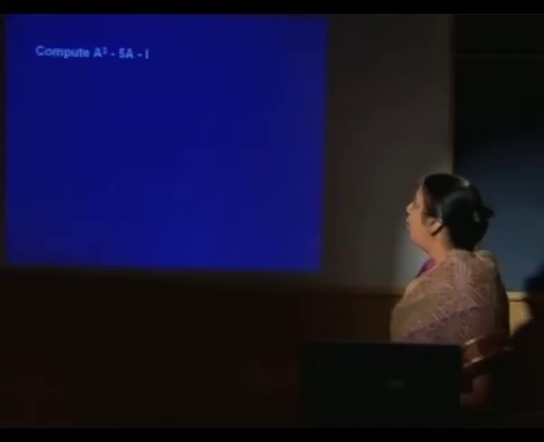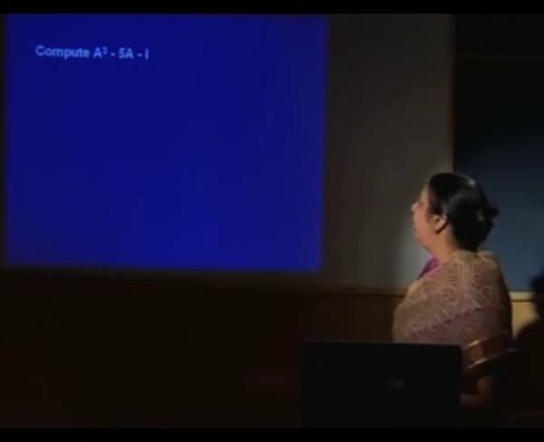After introducing all these things, now we are in a position to discuss expressions of the form A square plus 5A minus 3 and so on. So, to start with, let us discuss what is the meaning of 2A cube minus 5A minus I. I happens to be the identity matrix. A has to be a square matrix so that this expression becomes meaningful. The order of A and the identity matrix I must be the same.